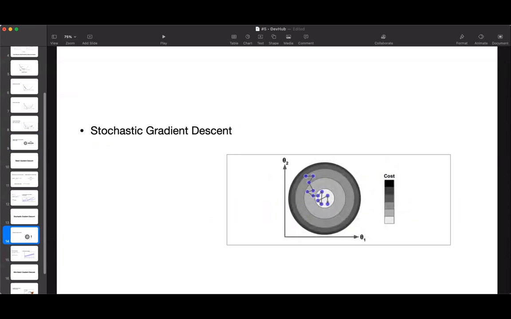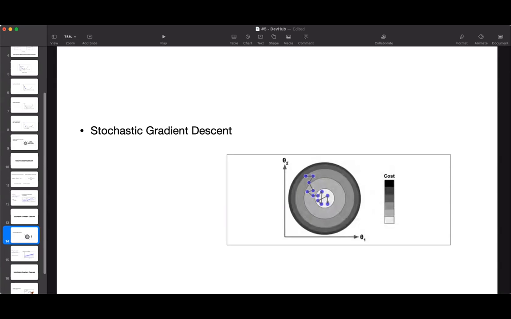So every time it will end up very close to the minimum, but once it gets there, it will continue to bounce around. It will never settle down. So once the algorithm stops, the final parameters which you have got are good but not optimal, since it would continuously jump around. See, when it is reaching the center of the circle, it is again jumping around. It is not stopping, which did not happen in the batch gradient descent. So this thing has its own benefits, and also its own disadvantages.